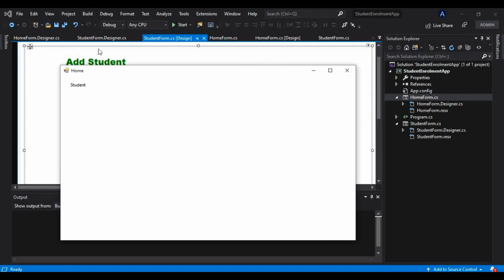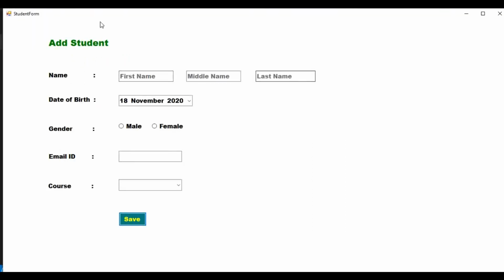so here it is a home window, and in that there is this menu that is student, and in that if I select this add student, we will be redirected to the student form here, and I can put the information here, and if I save this, it should save in the database. So this database connection and how we can save this data, we will learn that today in this tutorial.